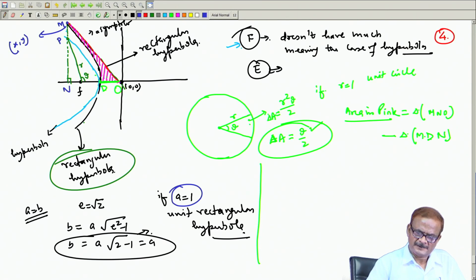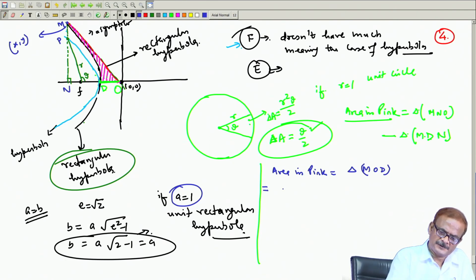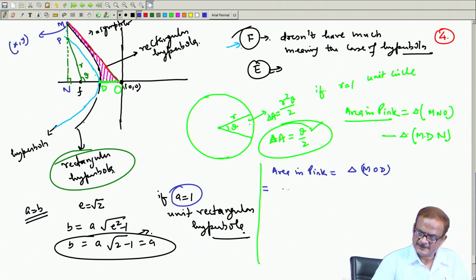So, what will be the area of the shaded region? So, area in pink, which is MOD, this gets equal to, this coordinate is x y. So, therefore, you can see that this is x y divided by 2 and minus the area inside the hyperbola,